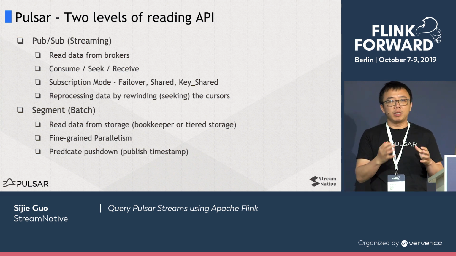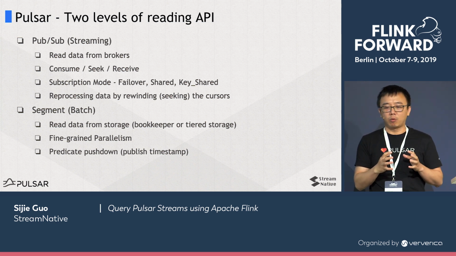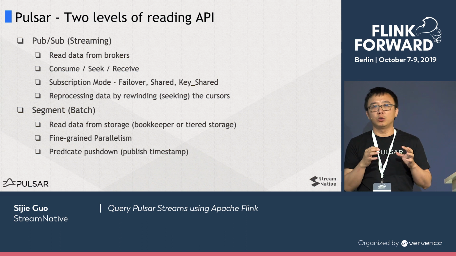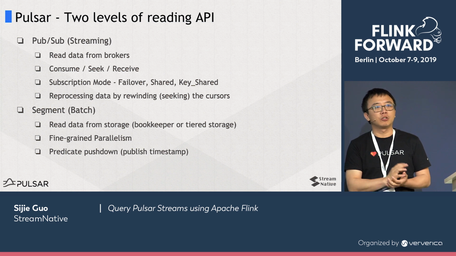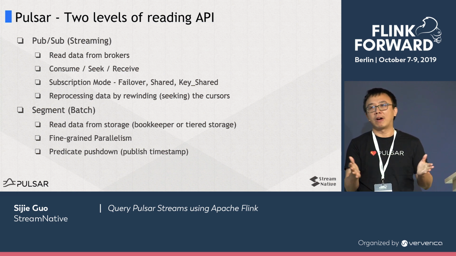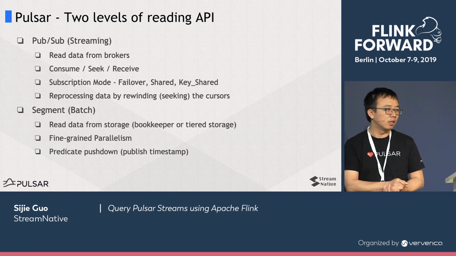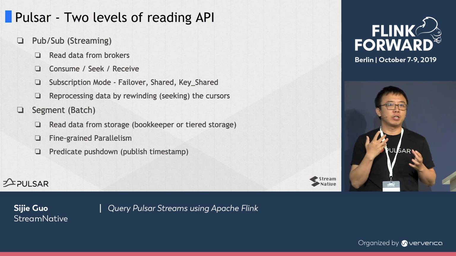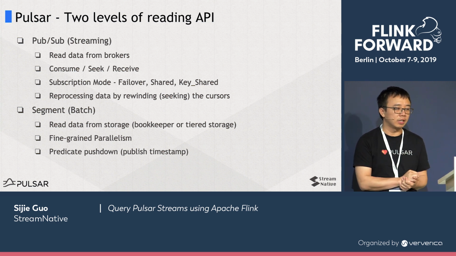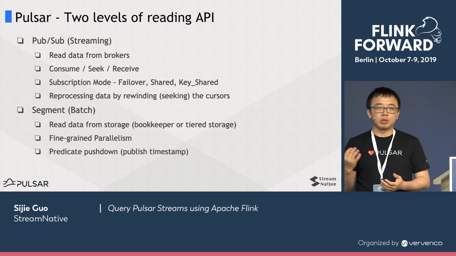And the segment API provides much more fine-grained parallelism for accessing your data within a stream. It's closer to a batch processing model in HDFS. In HDFS, you have a file, and the file is broken into multiple chunks. So the segment API provides a way for you to batch process all the historical data. And we do support a few